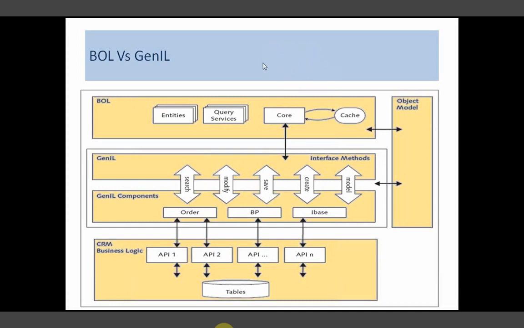So there is a concept called context mapping. With the context mapping, the model will interact with the entities directly through the core object. The model will interact with the entities, and it will fetch the data whenever the view requests the data.